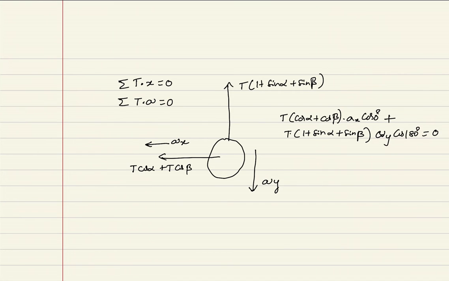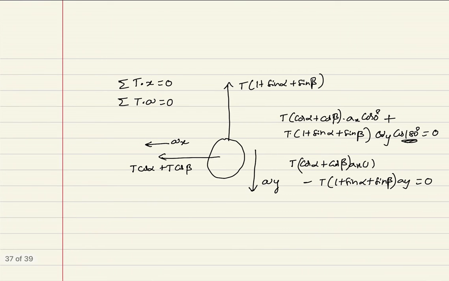Now if you apply this, T into (cos alpha plus cos beta) into ax cos 0 is 1, next minus T (1 plus sin alpha plus sin beta) into ay cos 180 degrees, already I have written minus 1